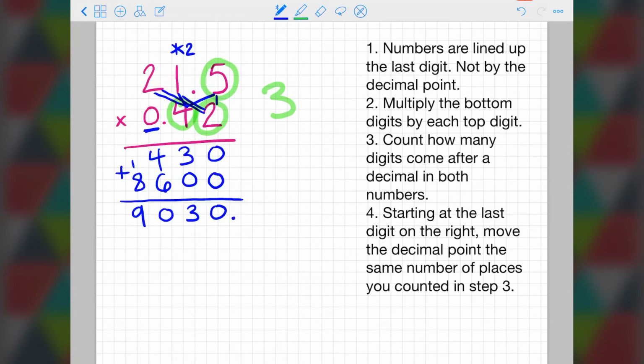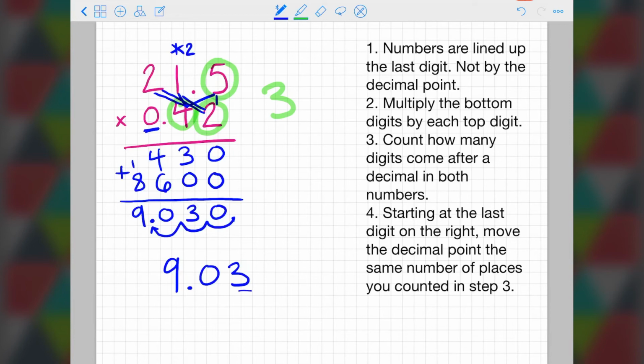So at the end of my number right here, I need to move the decimal 3 places. 1, 2, 3. And my decimal is going to go right here, which makes my answer 9